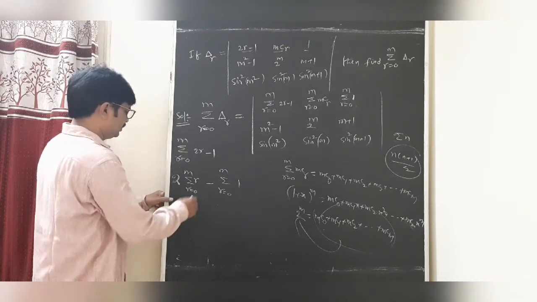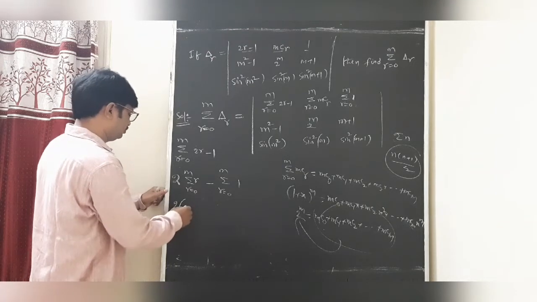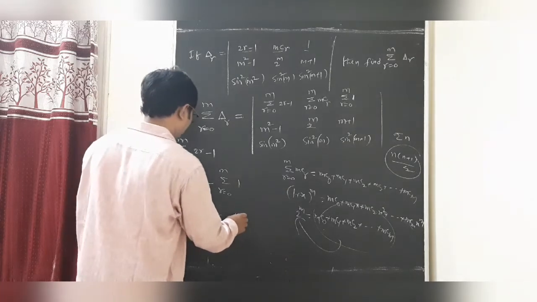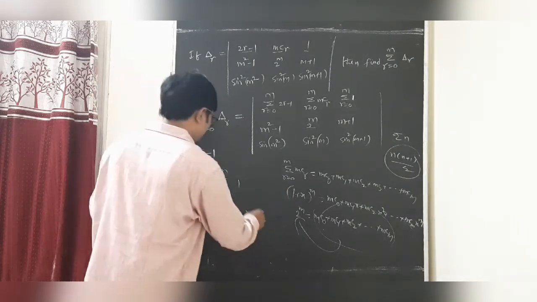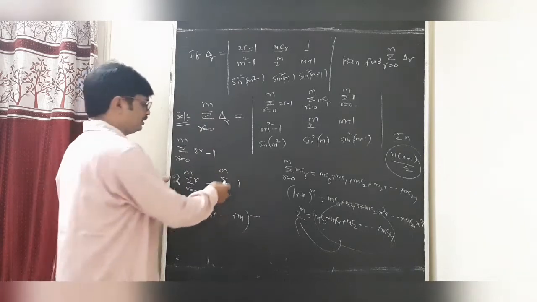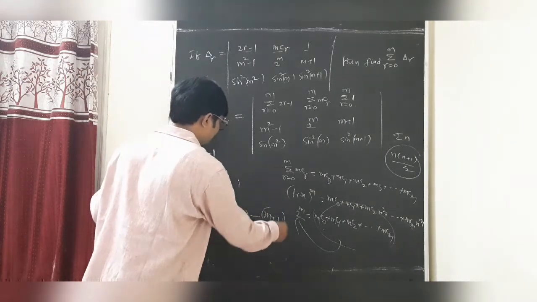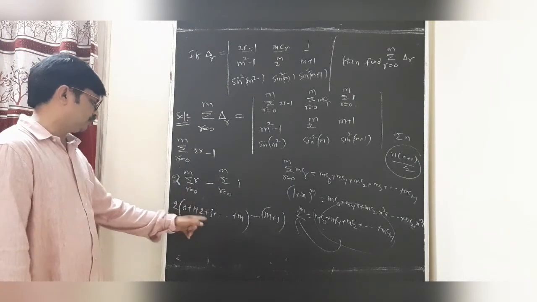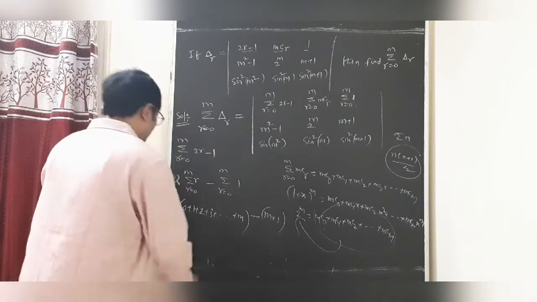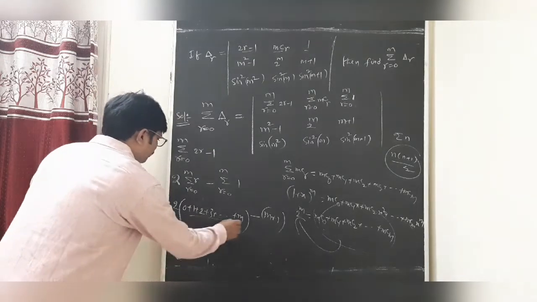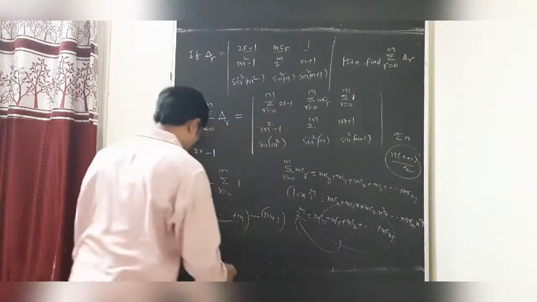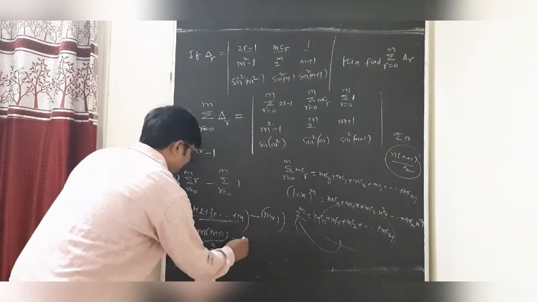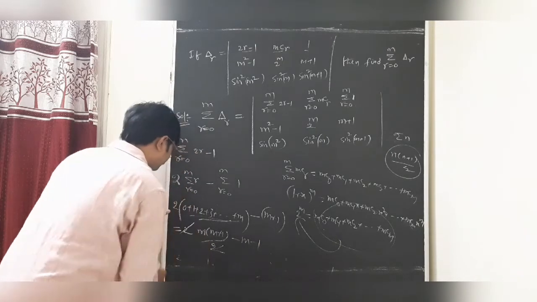Okay, this is no problem. Directly you can write r value 0, 1, 2, 3 and so on, m is there. No problem. This is 1 plus 1 plus 1, how many times? m plus 1 times. No problem students. Here r equal to 0 is there: first 0, 1, 2, 3. Therefore, everybody knows this is the formula n into n plus 1 by 2, that is m into m plus 1 by 2. This is minus m minus 1.